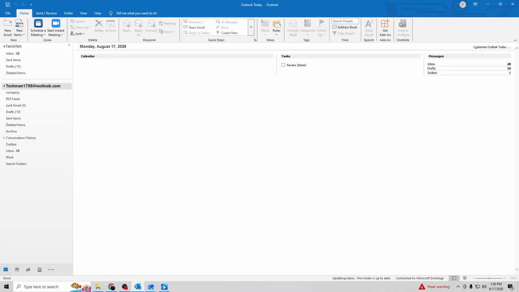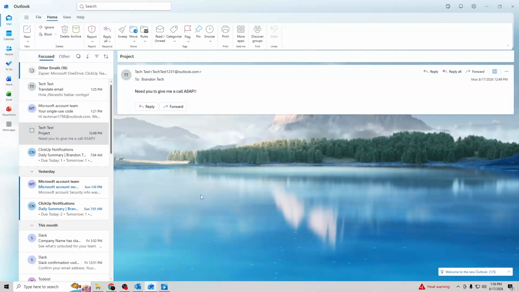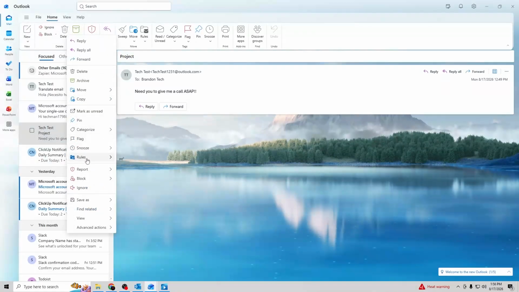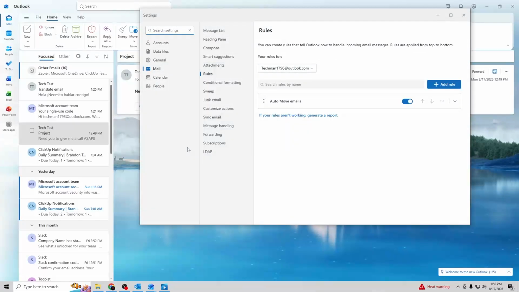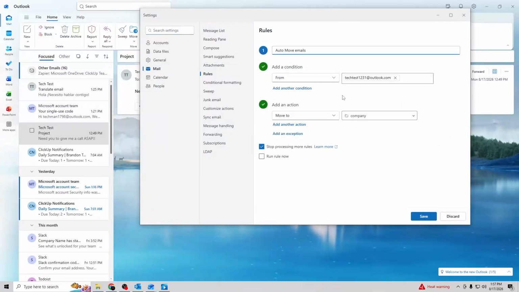It's from our other email address, and it has the same subject, and it also has the same content of the email. So as you can see, it doesn't put it in the inbox anymore. It automatically moves it to this folder here that we selected and created, which is Test Auto Move Email. That is